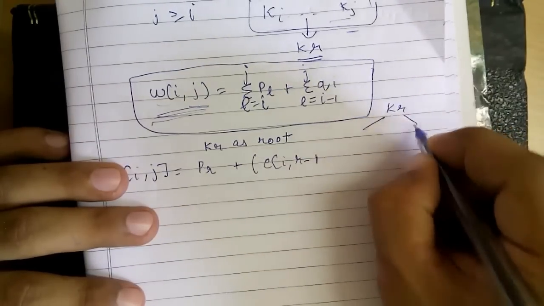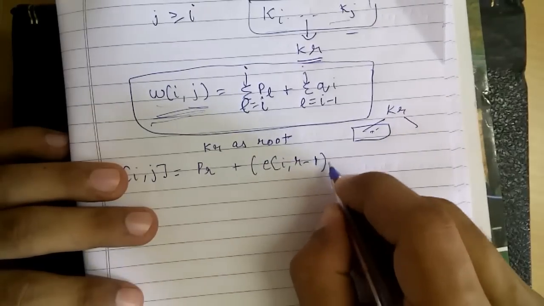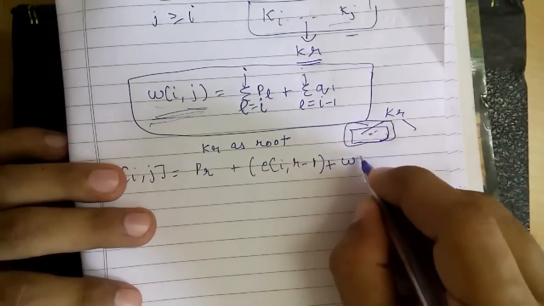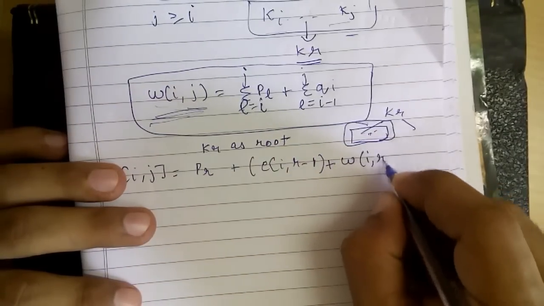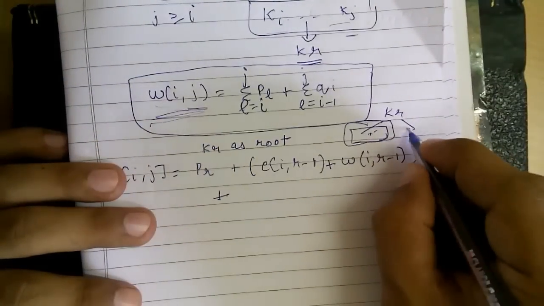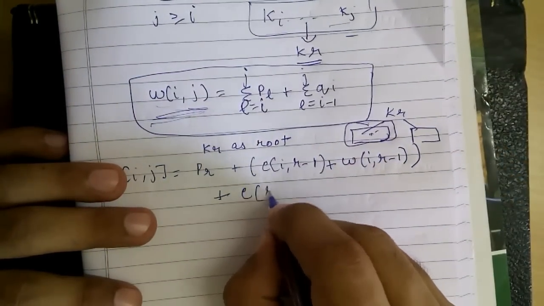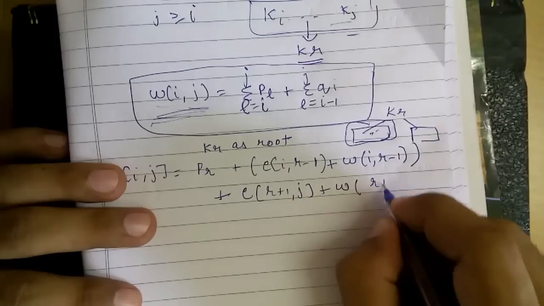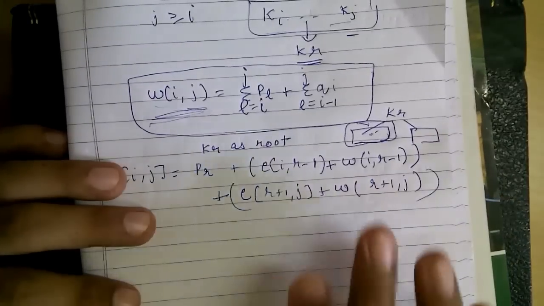See, we are having kr, then this, so the expected cost of this plus the probabilities of this subtree, that is w of i to r minus 1, plus the expected cost of the right subtree, for r plus 1 to j, plus the probability for r plus 1 to j. Okay,